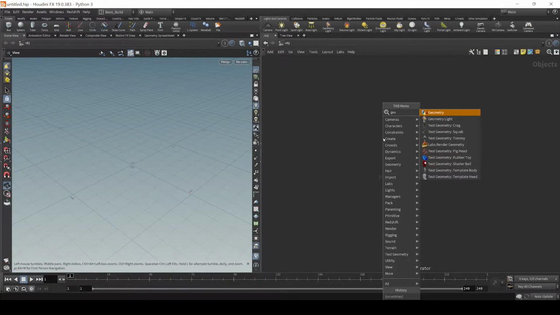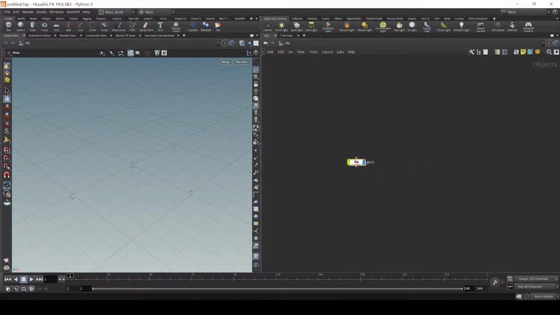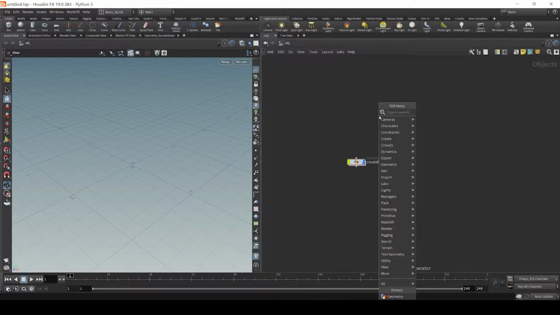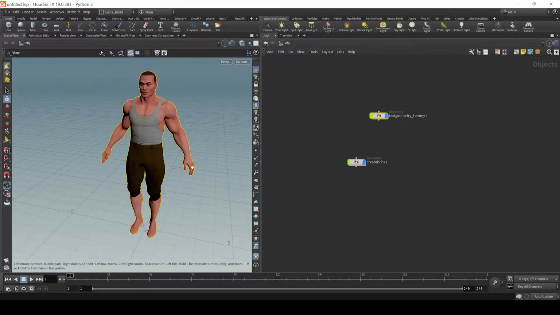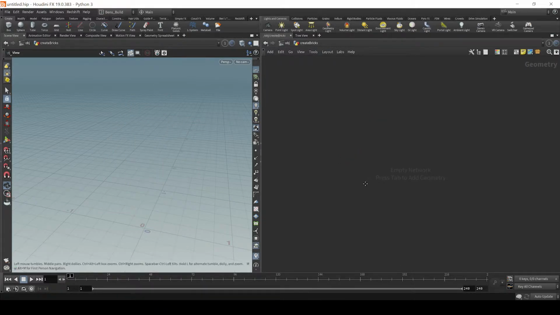Okay, so basically what I wanted to start with is I'm going to create a node here and just call it create bricks. A lot of times I also like to create another node. I just type in Tommy. It's this Houdini test geometry node, and it's really nice because it helps me just have a reference on scale and what size I want my brick to be. So I'm going to jump in here, and if he disappears, since we're inside this network, we can just click up here and ghost other objects. So he kind of stays there as a reference. So what I'm going to do is drop down a box,